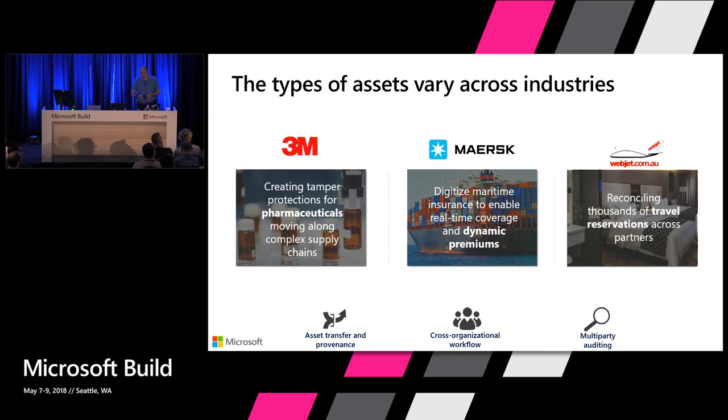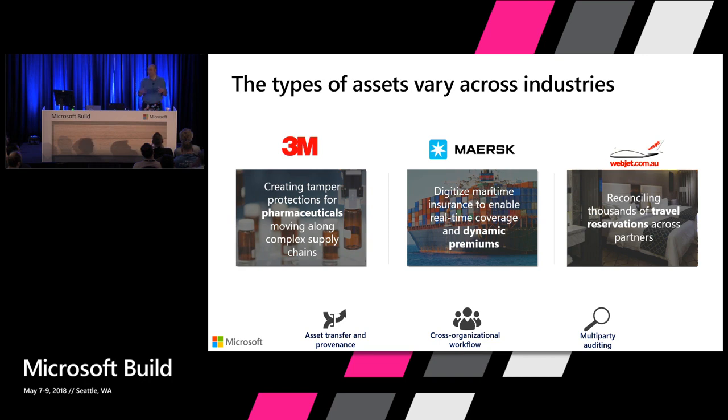Three specific examples of customers who are doing interesting things. 3M is a company that does a lot of chemistry, and they invented this label, which I have one of, which has interesting properties where if you open it up, it changes color, and you know that it's been tampered with. And so they're securing supply chains with this, putting that label, a very inexpensive device in a sense, over the top of, let's say, a pharmaceutical bottle. And then as it flows through the supply chain, they can have a mobile reader that will scan a QR code and determine whether the thing's been tampered with.